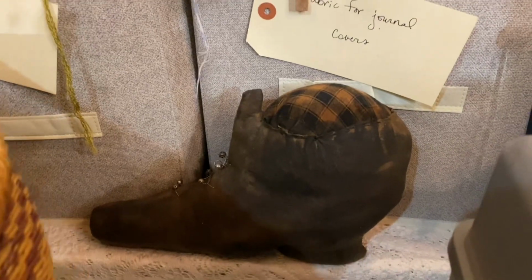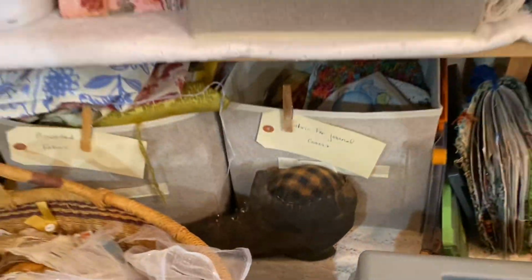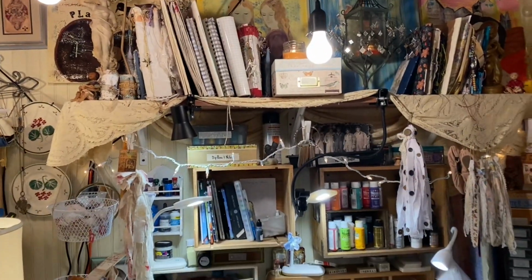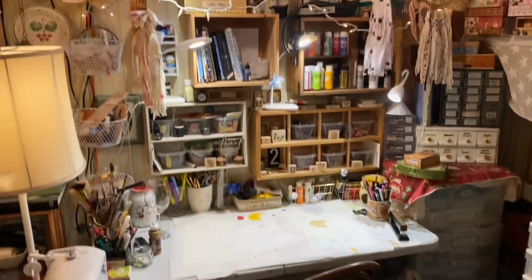It's an old primitive shoe back there. That reminds me of my friend Valerie who makes the primitives. Bought that from the scrap exchange. So going back over to my desk where I work and have, you know, a lot of my art supplies,